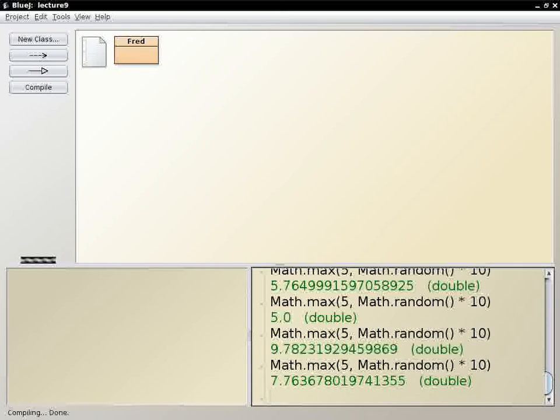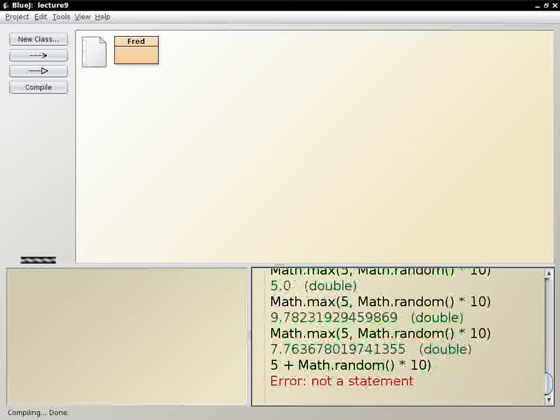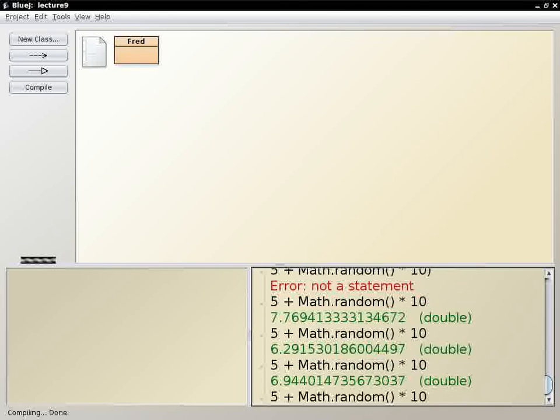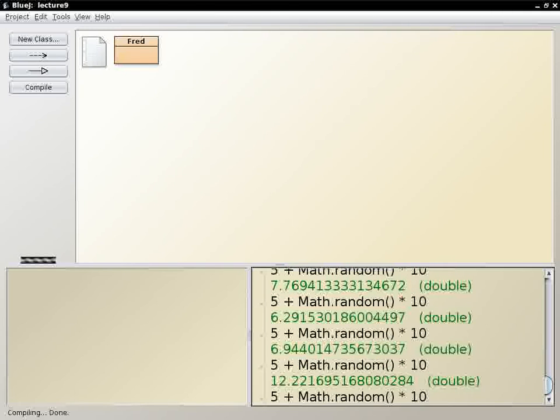So I think what I heard someone say is to add 5, and that is in fact a better idea. So let's try that. If you add 5, then it's always going to be bigger than 5, but sometimes it's going to be bigger than 10.